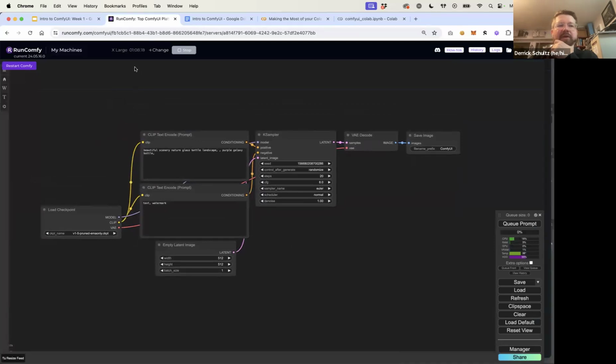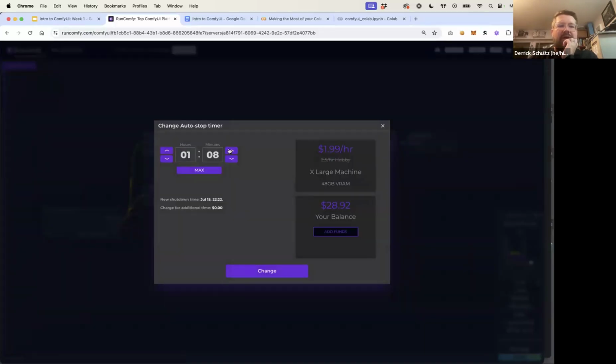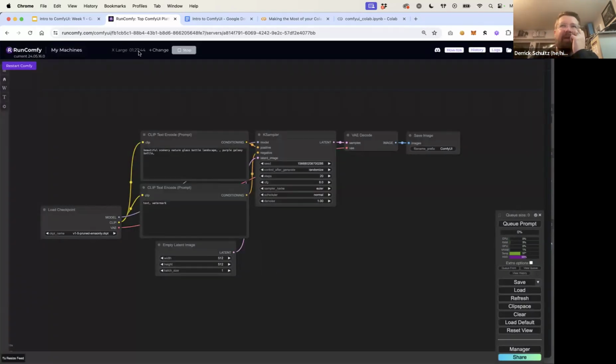As I mentioned, you'll see there's a counter up here. It tells you how large your GPU is, as well as how much time you have left. If you're hitting 10 minutes and you need to keep using this, you just click change, and then you can add more time to your counter, which is nice. You don't have to decide ahead of time how long you're going to run it. I think you could even shorten it, like if you're only going to use it for another 30 minutes, you could turn it down. But I just leave it at that. If I know I need another half hour, I'm just going to crank it up and hit change, and this will update.